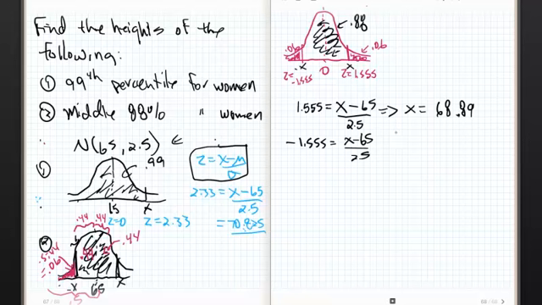So we got to respect thy negative. Remember, had God been a mathematician, the 11th commandment would have been respect thy negative. So times 2.5 and plus 65, and I get x equals 61.11, 5'1". In other words, in summary, we could say 88% of all women